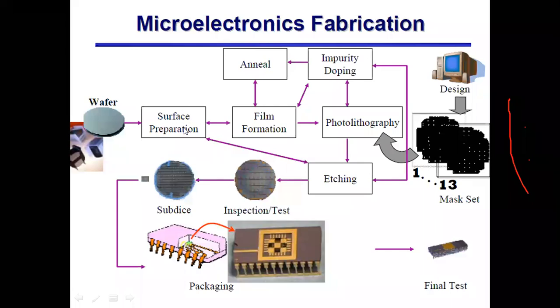You prepare the surface, add a layer by deposition, perform annealing, photolithography, and then etching. So layer by layer, in this way, you make your MEMS device. And once the devices are made ready,